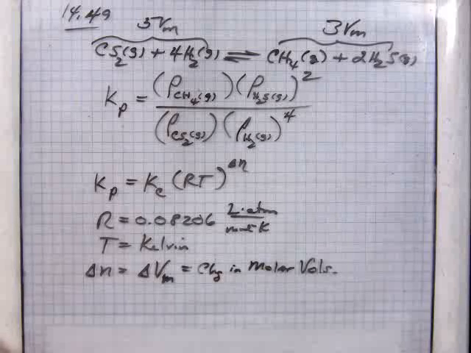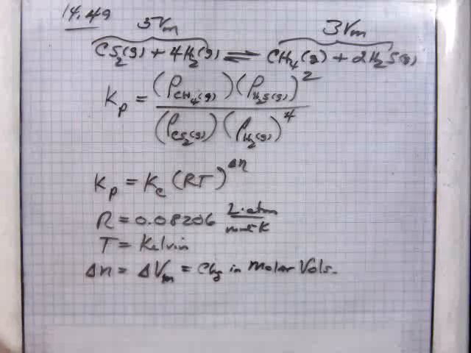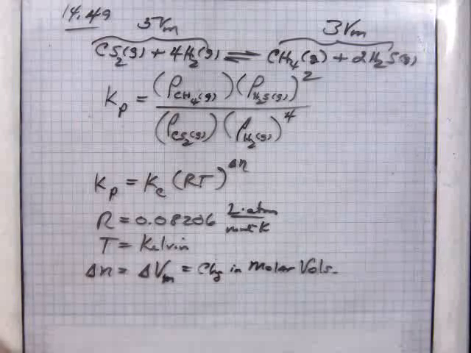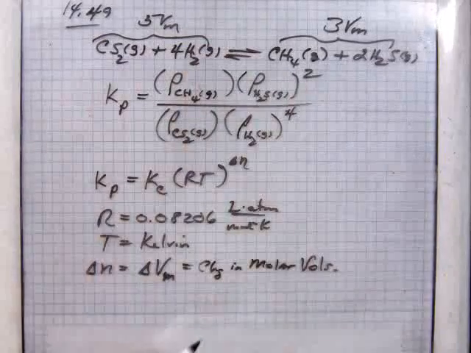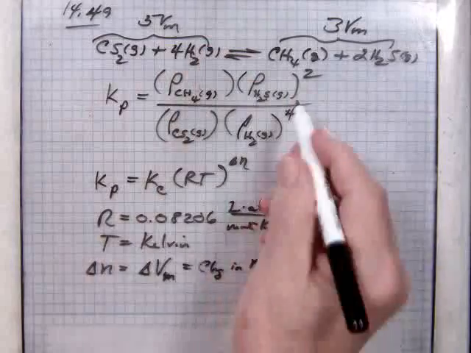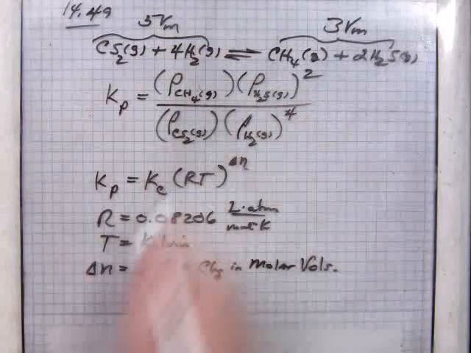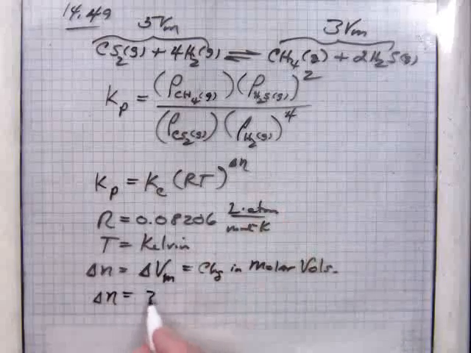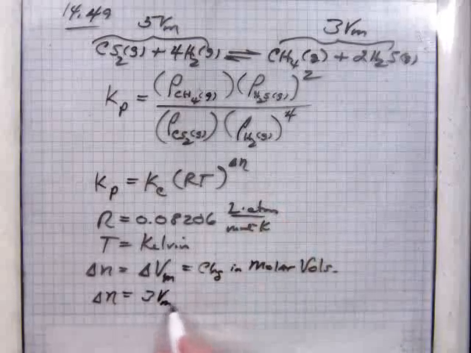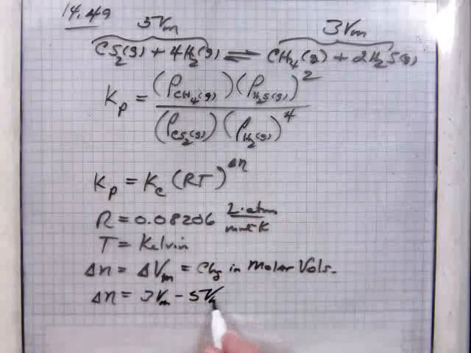Or below 0 degrees, you would have a lower volume. So we just use a change in molar volume in a general context when we talk about this type of problem. So delta N in the problem above would be 3 molar volumes minus 5 molar volumes, which gives you